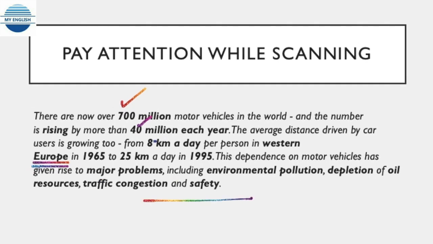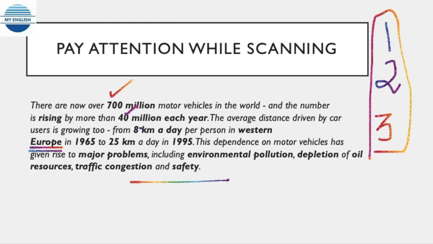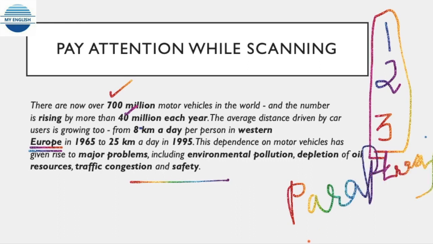So develop speed reading in finding the main idea and the specific information, and then you can go in for reading for detailed information. So first thing is you skim, the second thing is you scan, and the third thing is you read closely. These are the three types of reading. Then you have to do paraphrasing. So try to follow these 3-4 things to